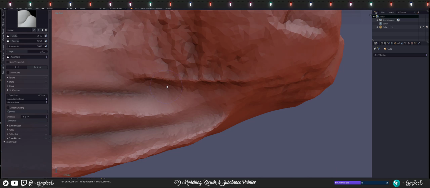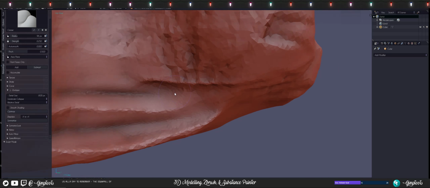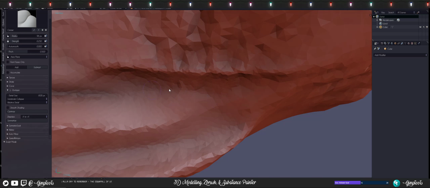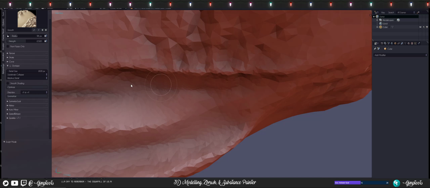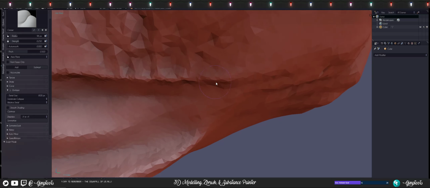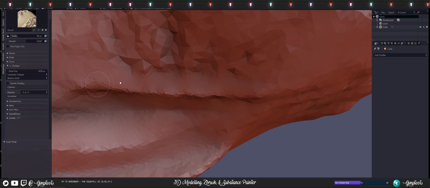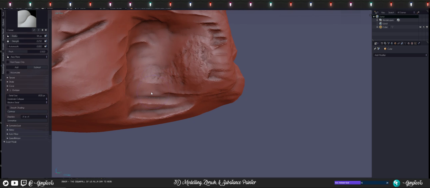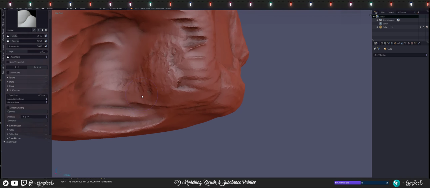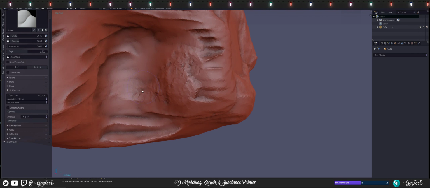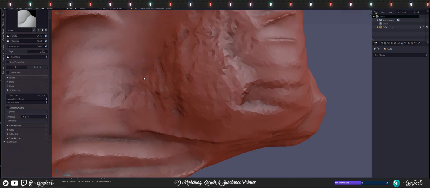So I could get the workflow down inside Blender for sculpting, then it's not gonna be an issue as far as characters go and stuff like that. Cause I only sculpt organic models. Hard surface and stuff like that, of course, I don't sculpt. But